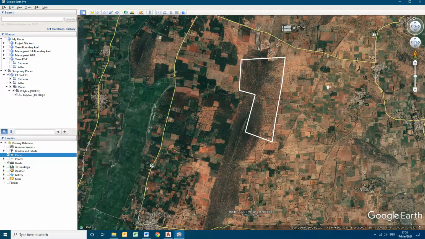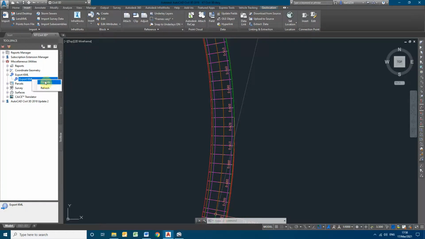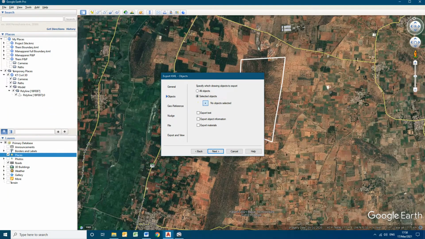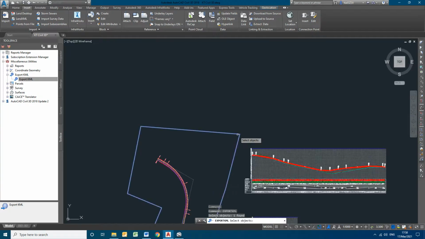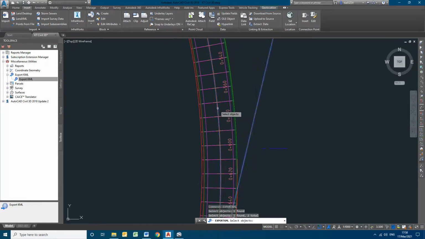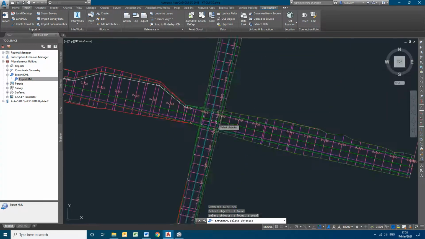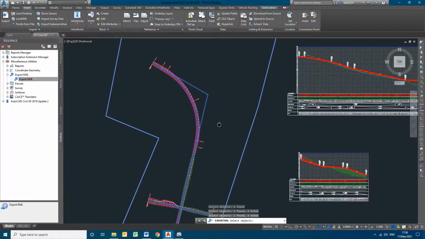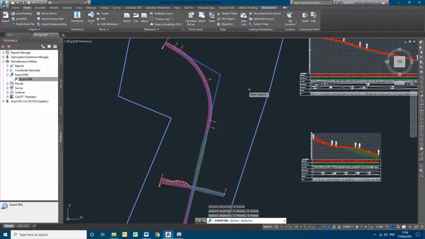In case you want any other alignment related things also, you can even select execute. I'm selecting this. I'm trying to select the alignment. I'm not sure whether it will make the Google Earth file, because it already has 3D elements.